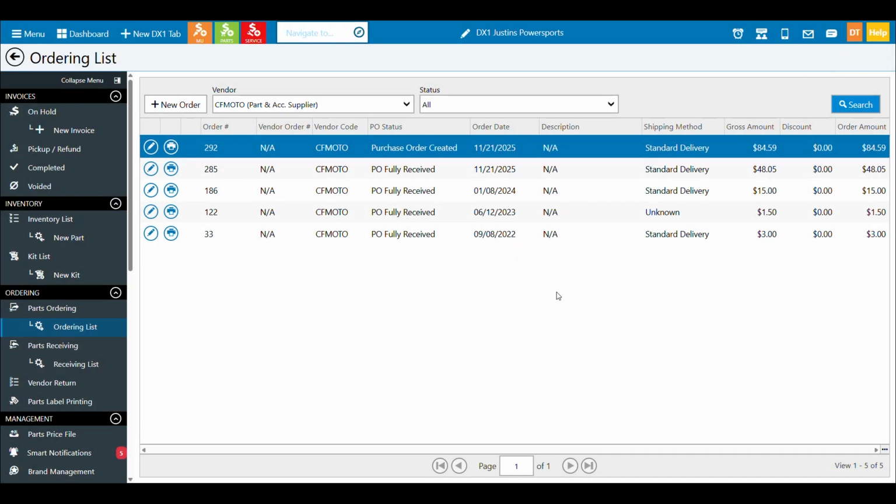All right, so that covers the basics of where to find the parts ordering screen, how to do the basic PO process within the ordering screen, and just a small connection to what it means on the receiving side, which is what we're going to cover in the next chapter. So these two are back to back as the process really works back to back. And again, we've seen the ordering list, where if I need to reprint a printed copy or take a look at some more of the details of the purchase order outside of the receiving screen, I can do that here. So again, hopefully these tips help you with the basics of how to create a purchase order in DX1.